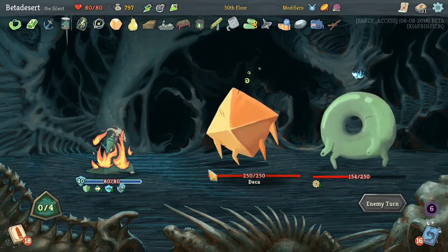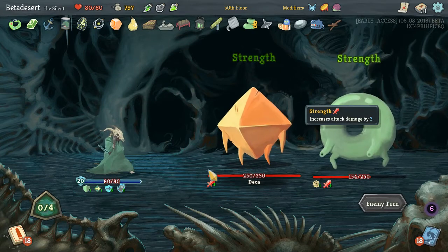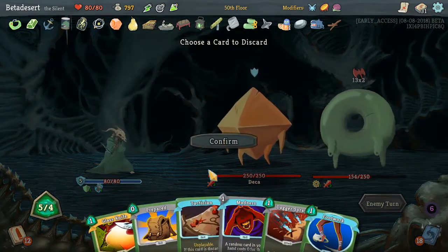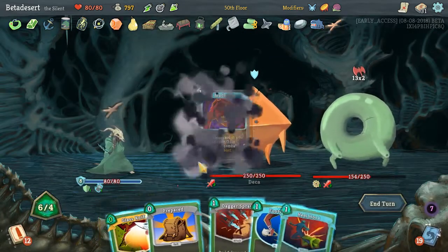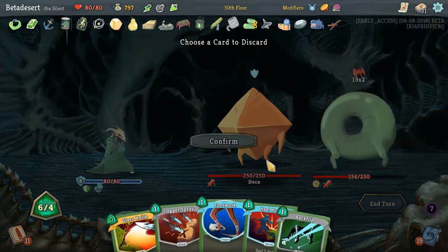We only managed to do 106 damage. What was it? No, it's not even that. It's not even 100. It's 69 damage. Okay, so we get extra mana. That's pretty good. We play the Madness first. Madness goes on the thing. Oh, heal hook. Okay, so if we draw...